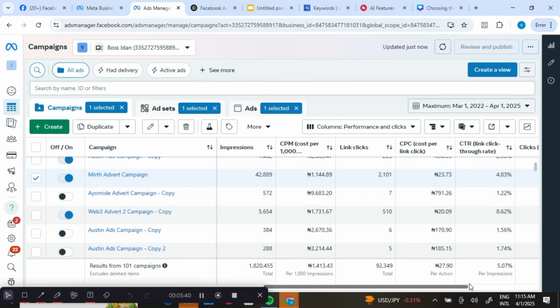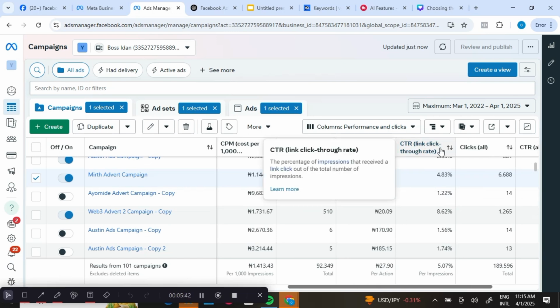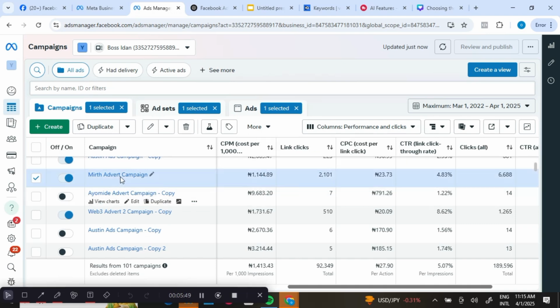So for the cost, the link click through rate, which is CTR. Remember I said that one is showing us I have